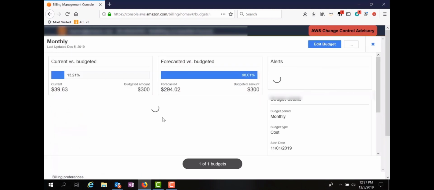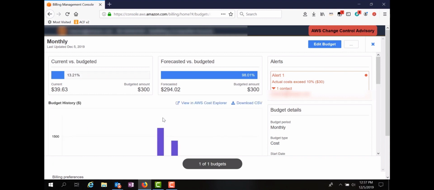If I click on this monthly budget, it gives me an overview of what's actually incurred, and it shows the alert. The alert that was set up when this budget was created is that the actual costs exceed the budgeted amount by 10%. In this case, the budgeted amount is $300.